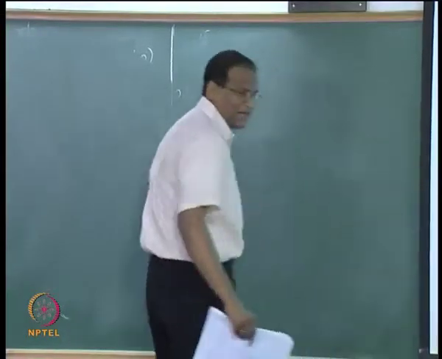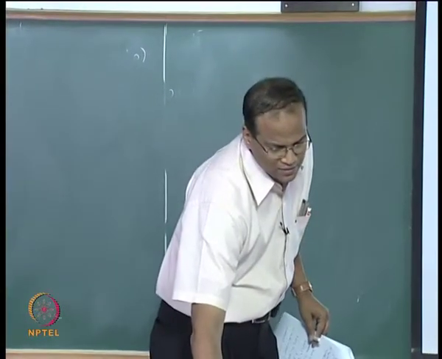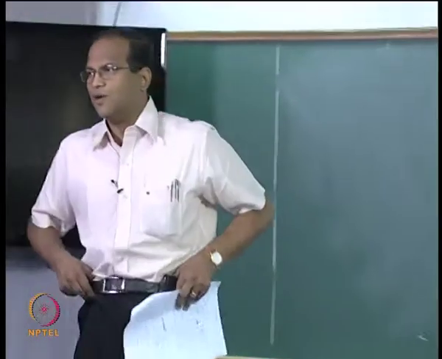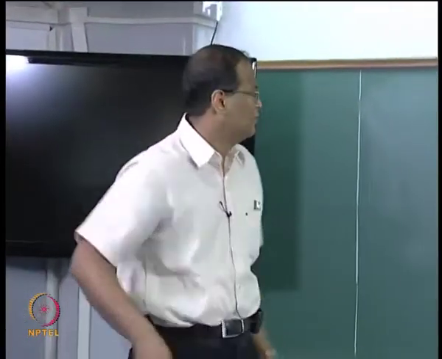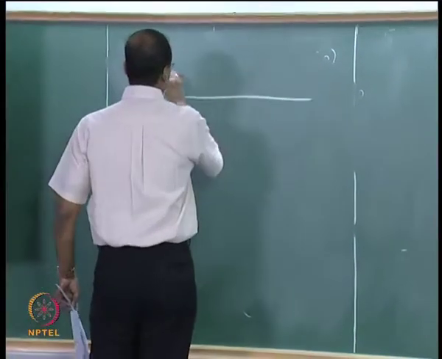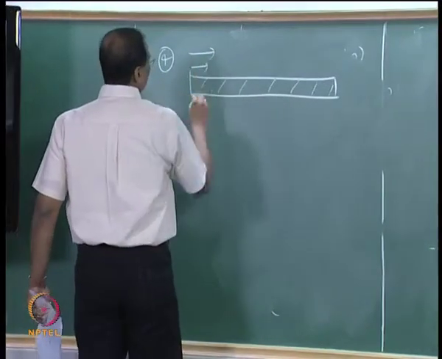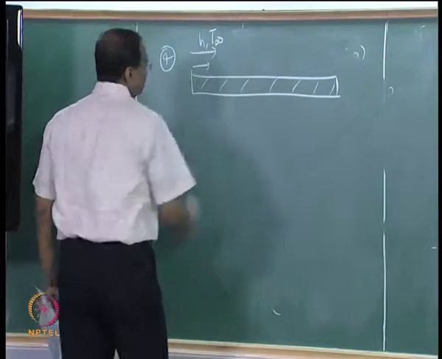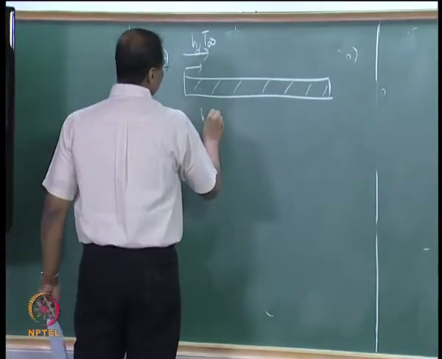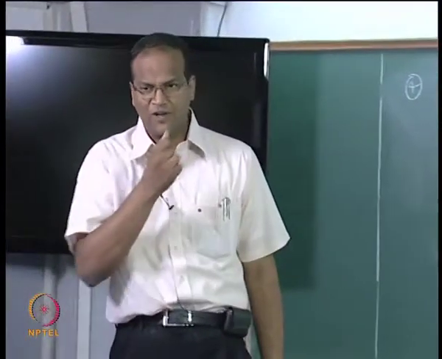So the last question is a practical problem which involved energy balance. What is the radiation hitting a roof? It could be an asbestos roof or a concrete roof or whatever. There is a convection on the inside, and outside there is also a convection. The outside convection is because of wind; inside it is because of natural convection.